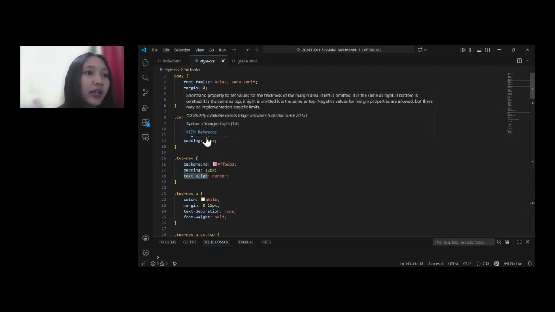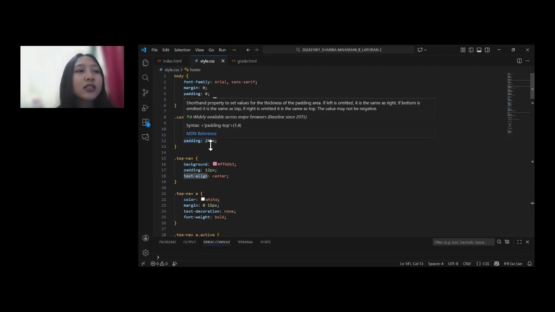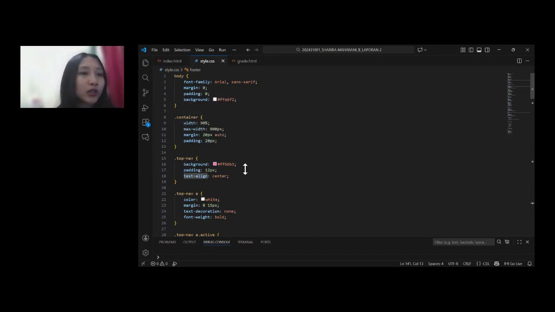This creates a clean and consistent base for the layout. The container class sets a maximum width for the content and centers it on the page with proper padding.